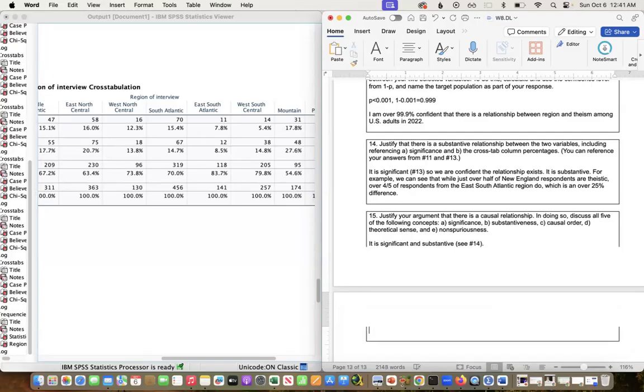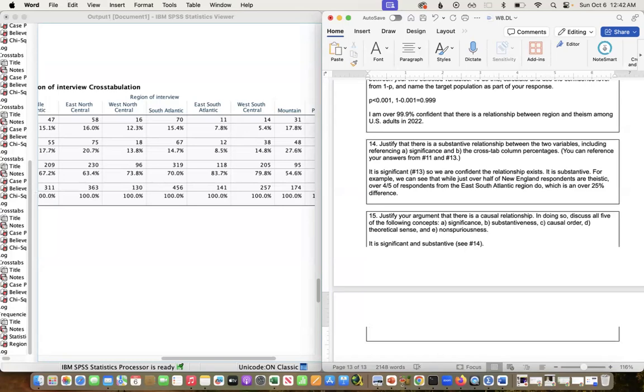So would it make sense for region to influence belief in God or belief in God to influence region? So there could be some people who, based on their belief in God, travel to a different region to kind of seek that out. But I don't think that's a huge driver of movement. I think a lot of people are living where they grew up or where they have job opportunities or other things. I'd say the bigger one would be that where you're living is having this cultural impact on you. And so